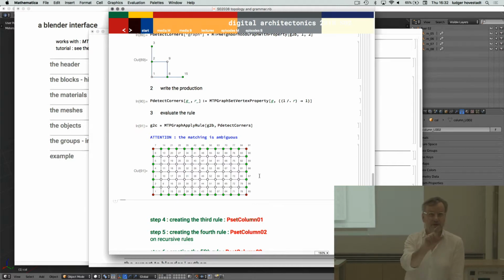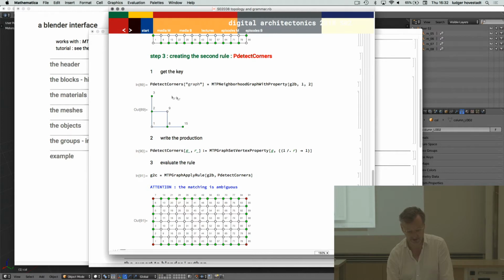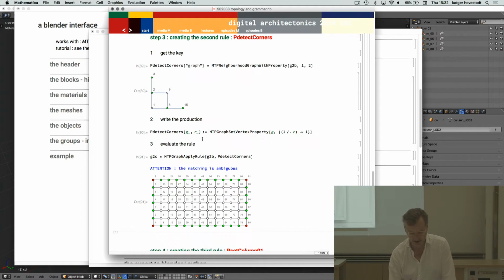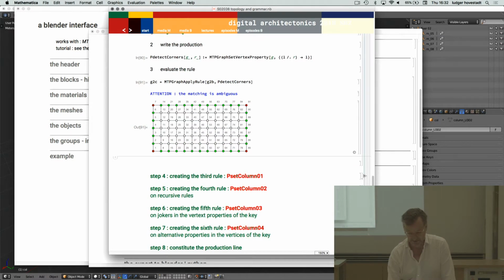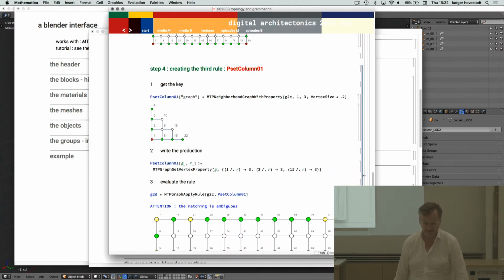So if you have an established link to Blender, instead of rendering it 2D in the schematic way, you can just have a Blender render. So it's just the object there and putting it there. So you simply organize your stuff in these production rules. So now we want to go for columns. If we have an edge here,